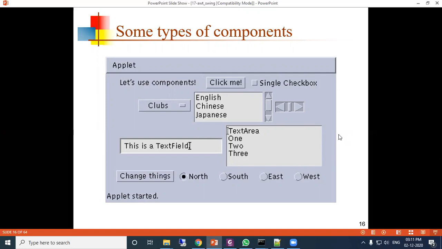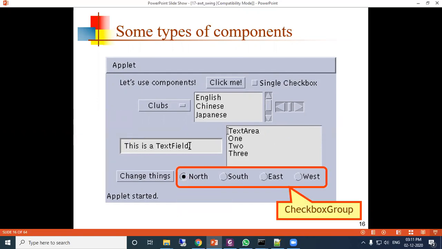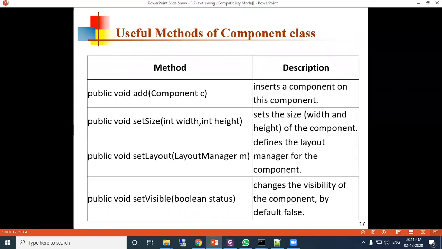Again I am telling you, this is a label, this is a button, this is a checkbox, this is a choice, list, scroll bar, text field, text area, checkbox, and group of checkboxes. Next are the methods of the Component class. add: to add a component, insert a component inside this component. setSize: to set the size of the component. setLayout: to define the layout using a layout manager. setVisible: to set the visibility of the component, whether true or false.